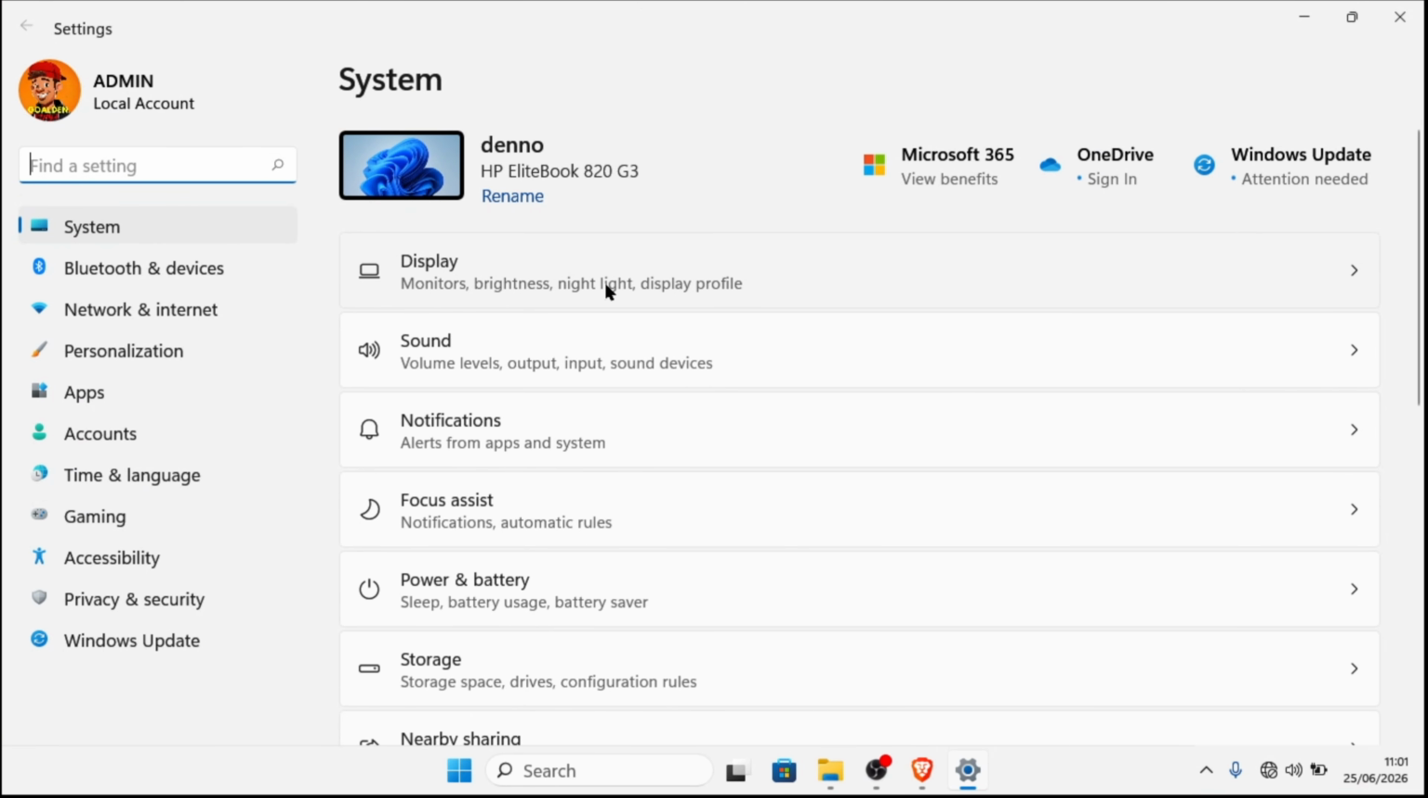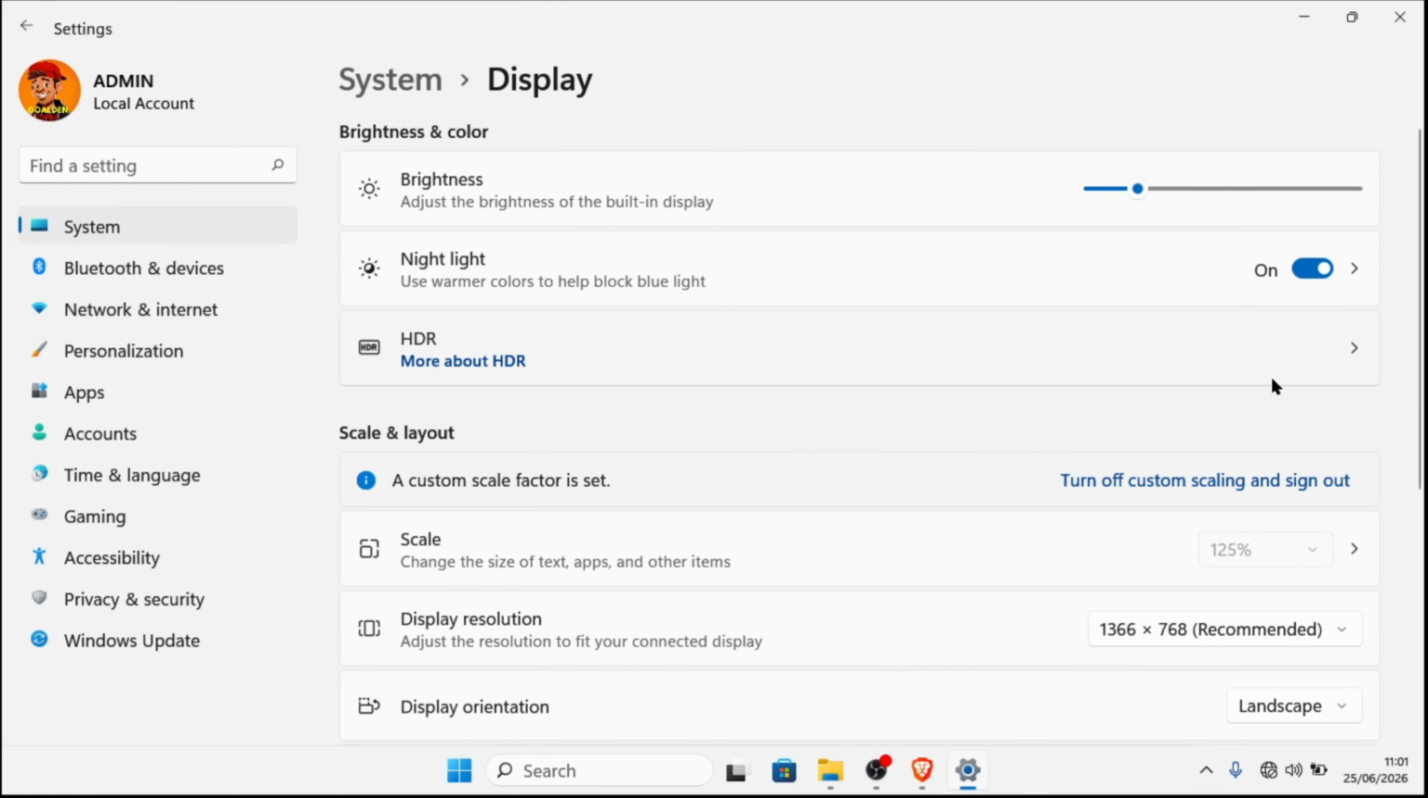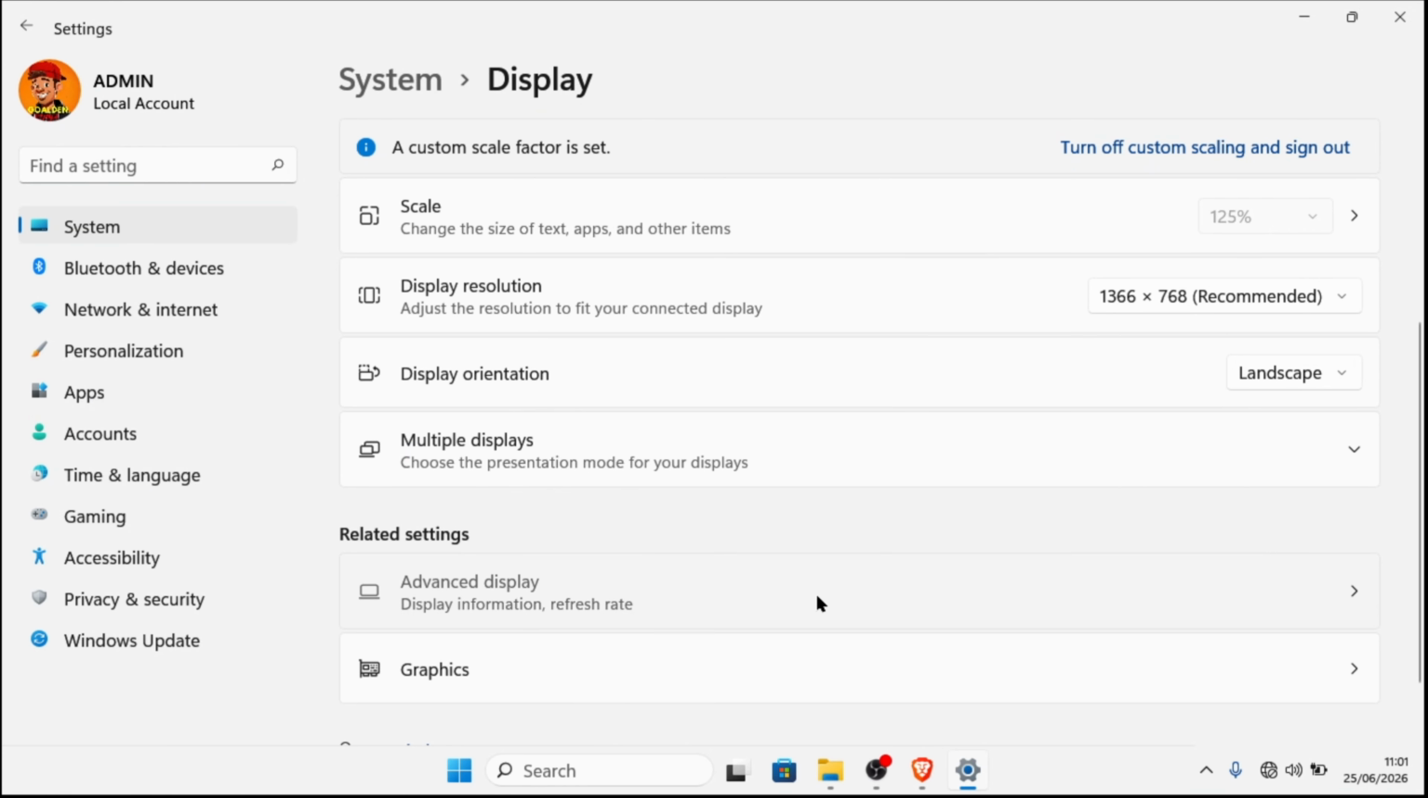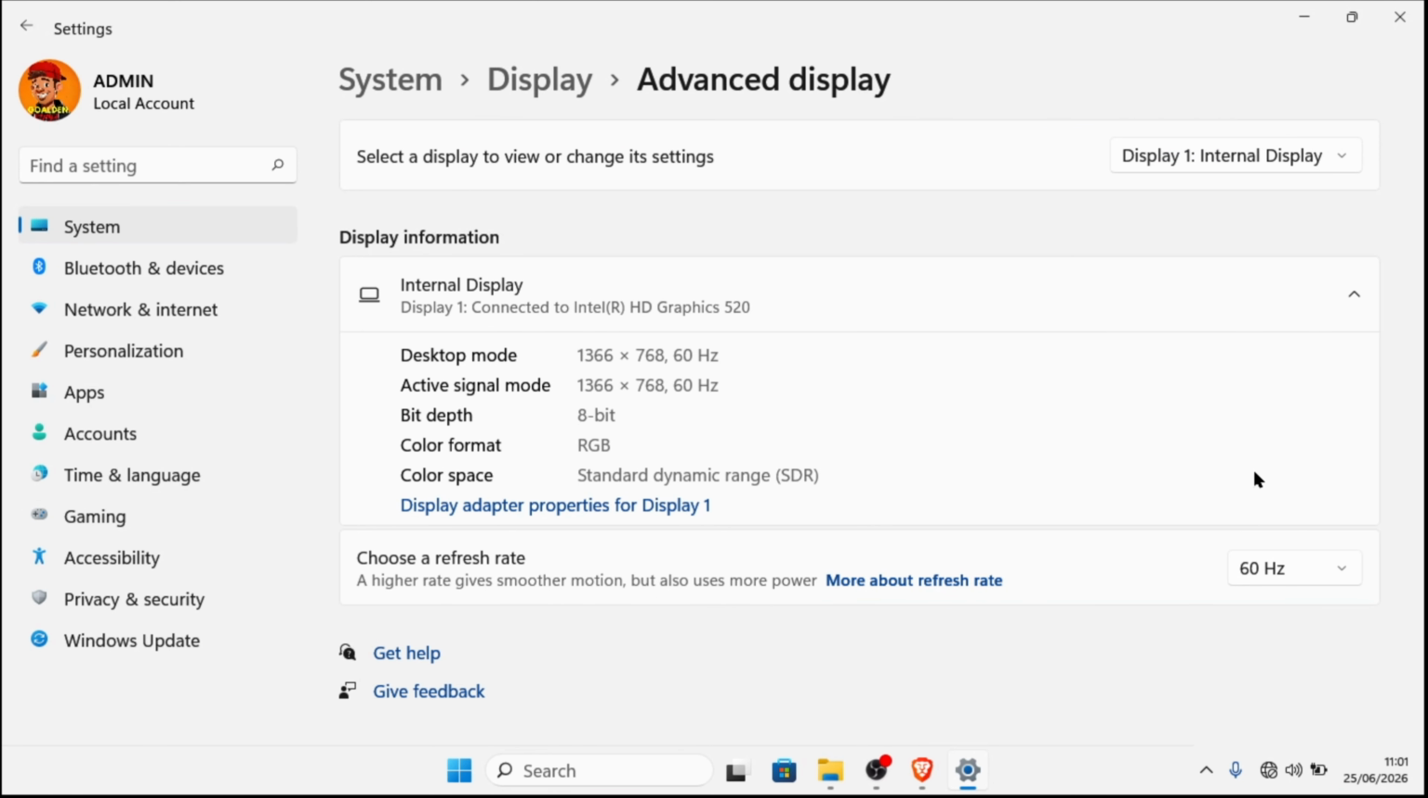Go to Settings, System, Display. Scroll down and click on Advanced Display. You'll see a drop-down menu labeled Choose a Refresh Rate. If your laptop has a dynamic option, pick that. It's the best of both worlds, automatically using a high refresh rate when you're scrolling and dropping to a low one when the screen is static. If you don't have that option, just manually switching to 60 Hz while on battery will give you a very